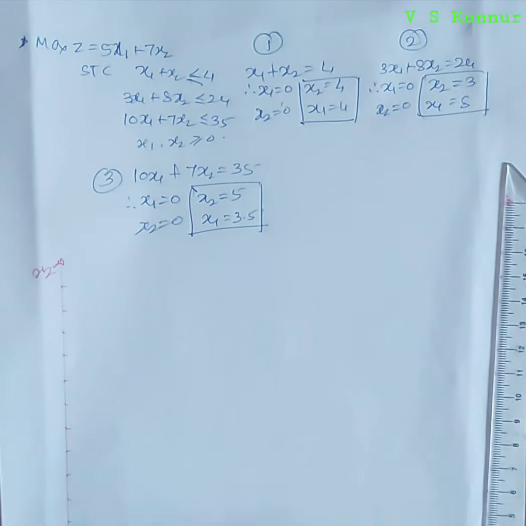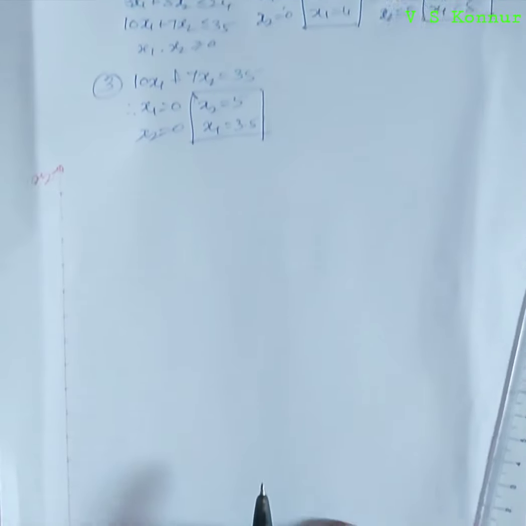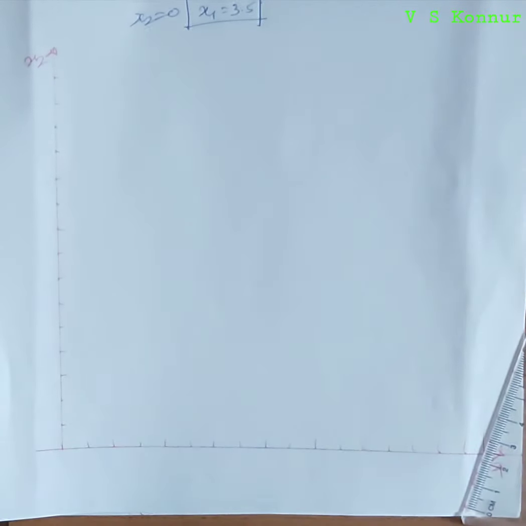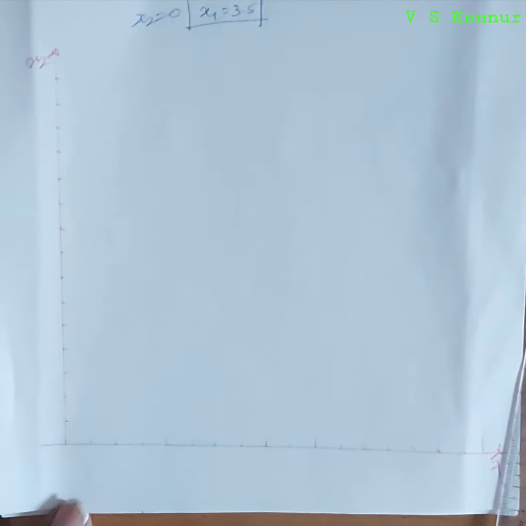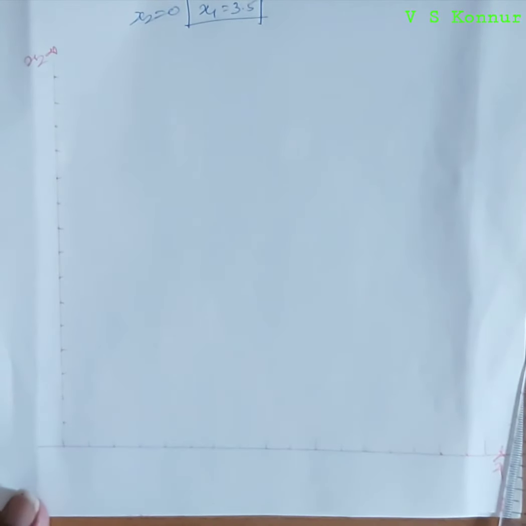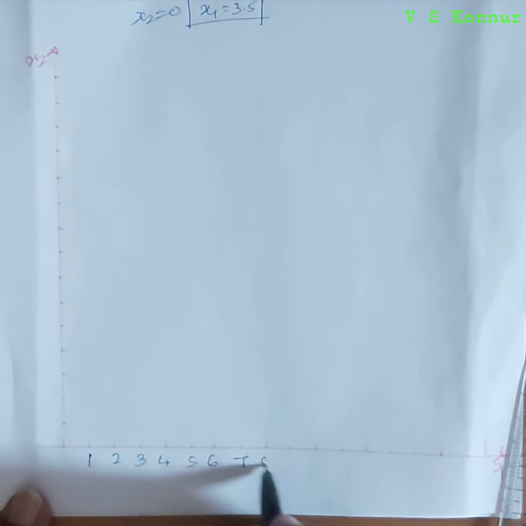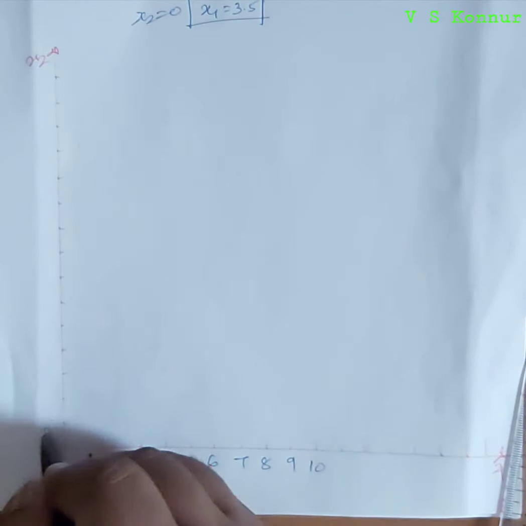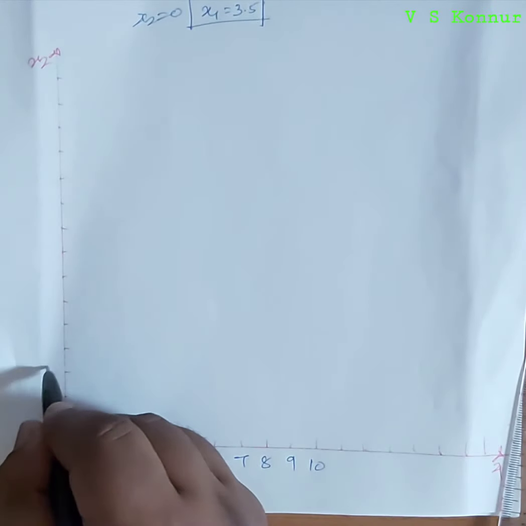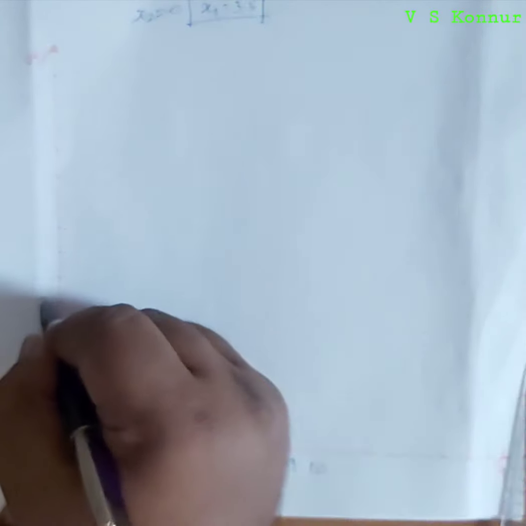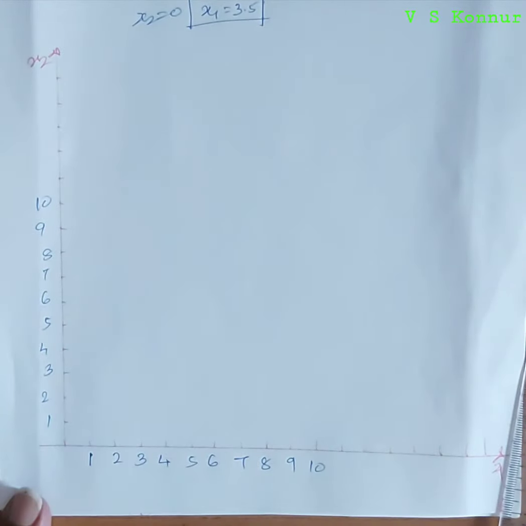Right, now we will draw the 3 lines. Remember these points. Now we have to consider the maximum on the x side and the maximum on the y side. On x1 the maximum is 8, so we'll take a 1:1 scale. On the other side the maximum is 5, so we'll take it as 10 on the other side.